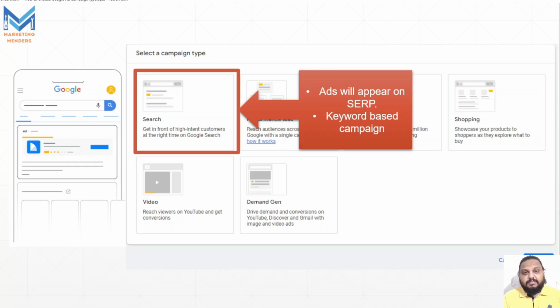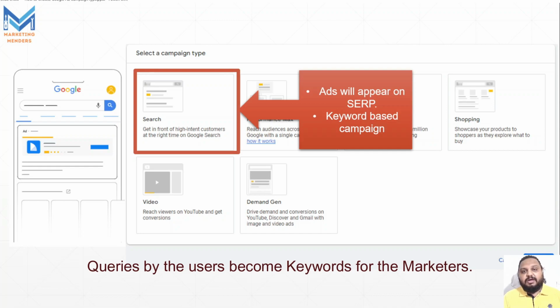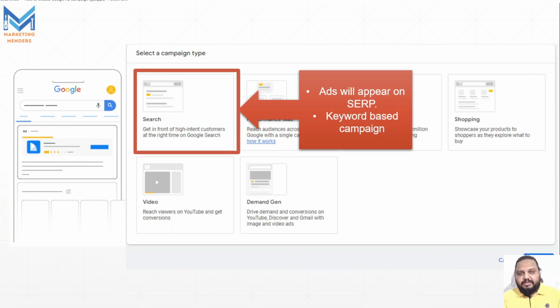What are keywords? Keywords are nothing but the user query. Whatever, as a customer, when I go to Google and type any word over there to find out more information about it, that becomes a keyword for a marketer. So the user query becomes the keyword for the marketer. If your keyword matches the user query, then your ad will appear on the SERP, search engine result page, or alternatively we call it search engine rank page,